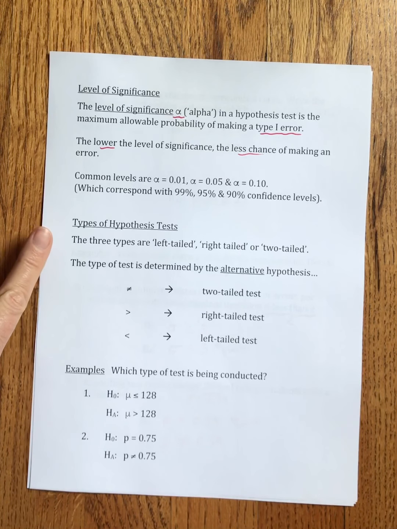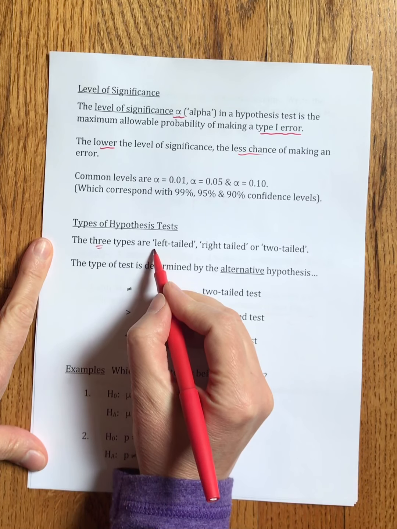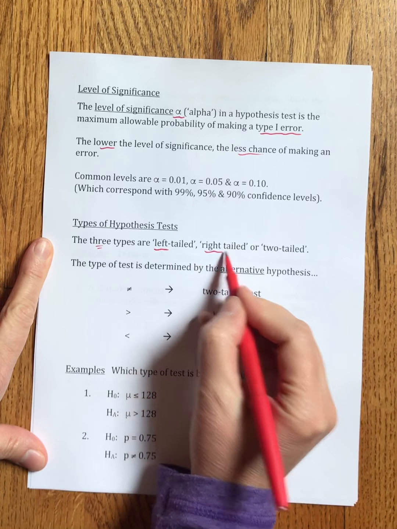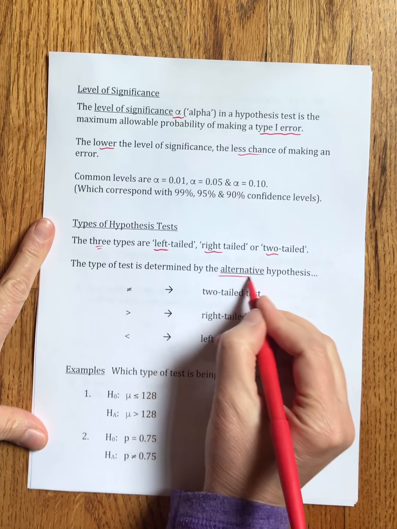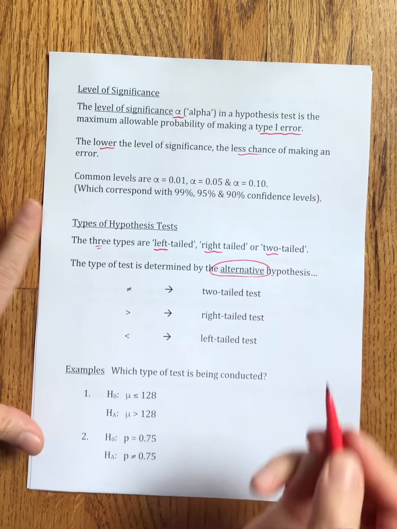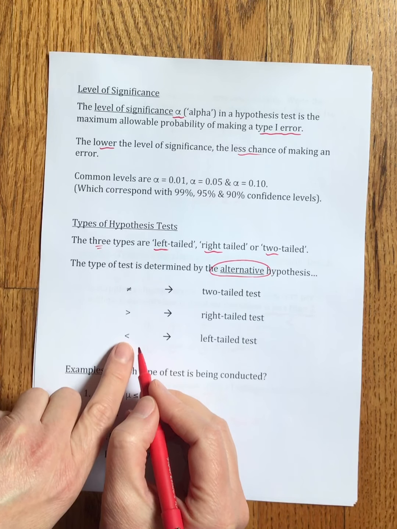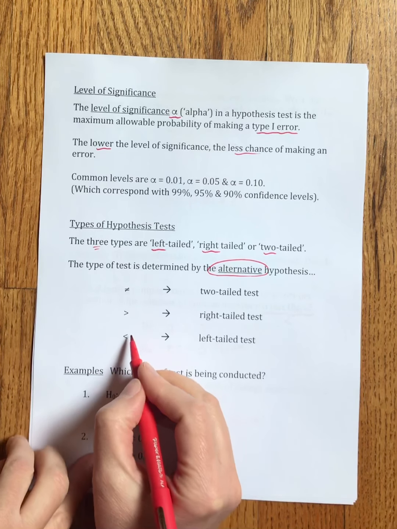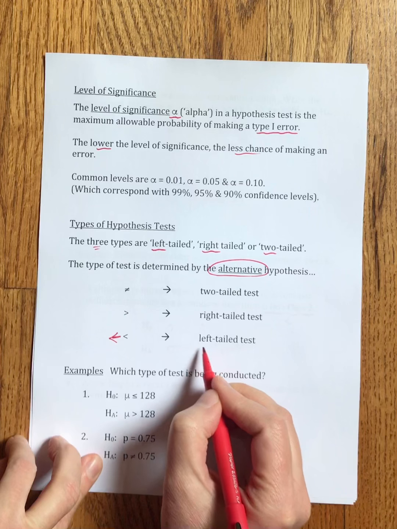One more thing we need to be familiar with is the types of tests that are going to come up. We have 3 types of hypothesis tests. They're either going to be a left-tailed or a right-tailed or a two-tailed test. And the way you know for sure is to look at the alternative hypothesis. You might notice these less than and greater than symbols look a little bit like arrows. This looks kind of like an arrow that's pointing to the left, and that helps us know that would be